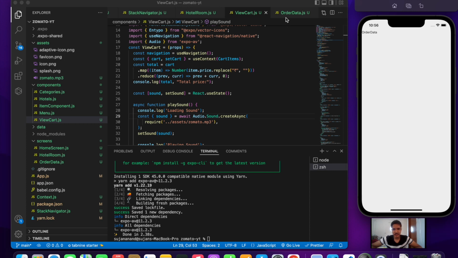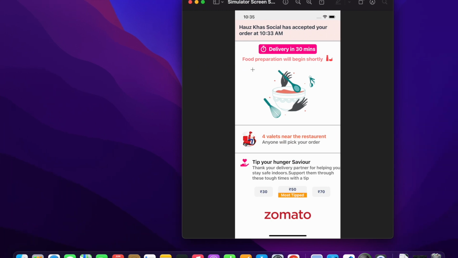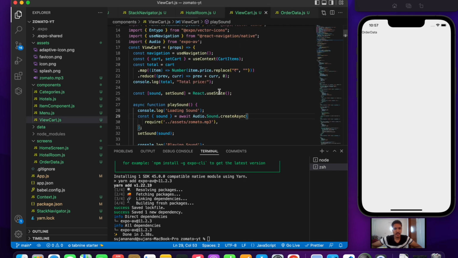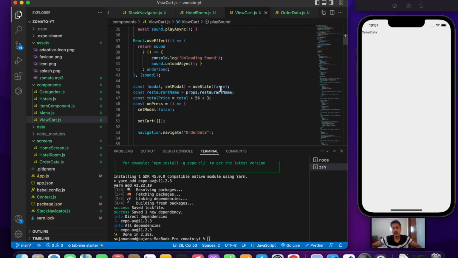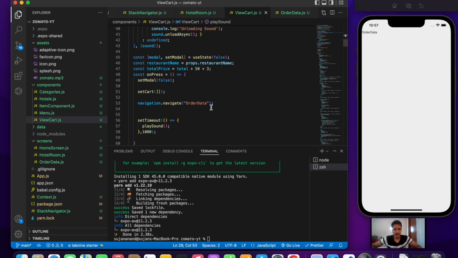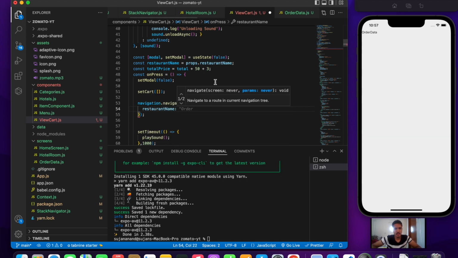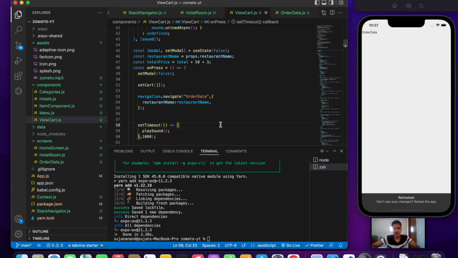All right, so now the next thing we do is we start displaying the components that are present in the order data screen. So the first thing is we need the restaurant name. So let's pass that from the view cart component. All right, let's pass the information to the order data screen. So here, let's pass restaurantName equals to restaurantName. Save the file,